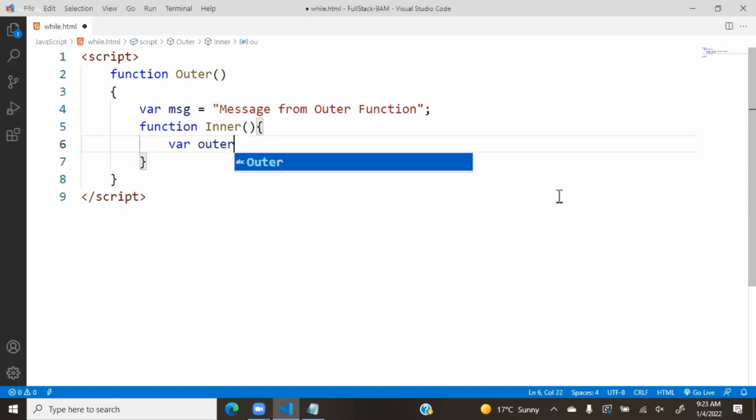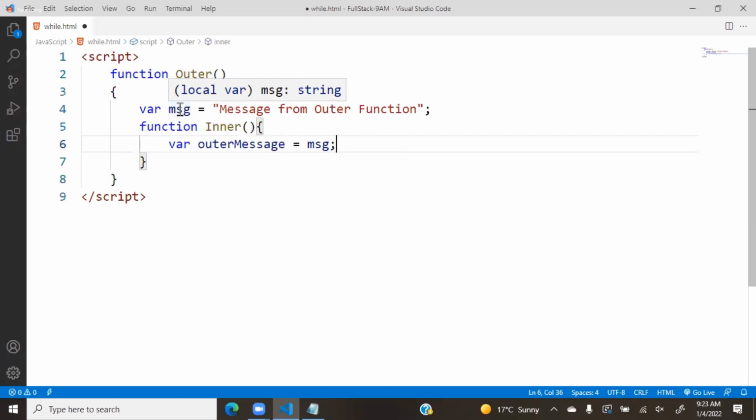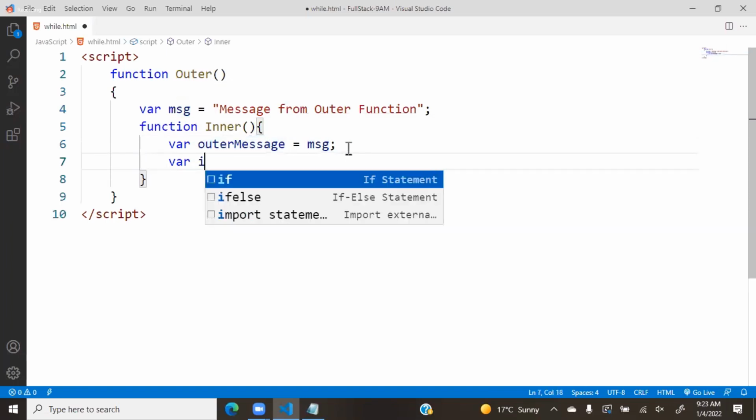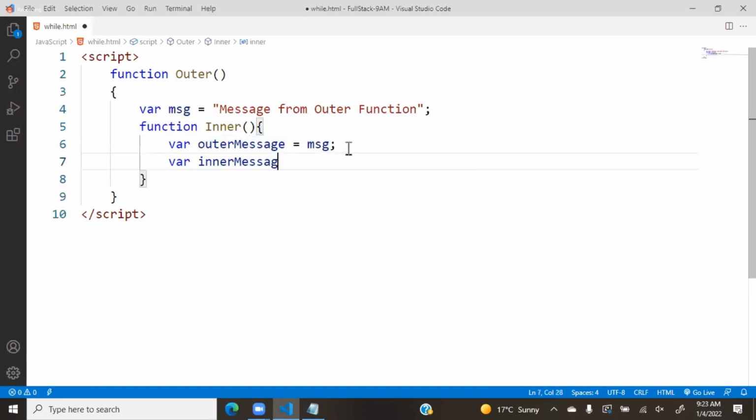Now here we have a variable, so outer message is equal to MSG. It's accessible. That means MSG is a member of the outer function. It is accessible inside the inner function. We can access it. Now we want this outer message here, and here we have the inner message. Inner message is equal to, so I will put "Message from inner function",